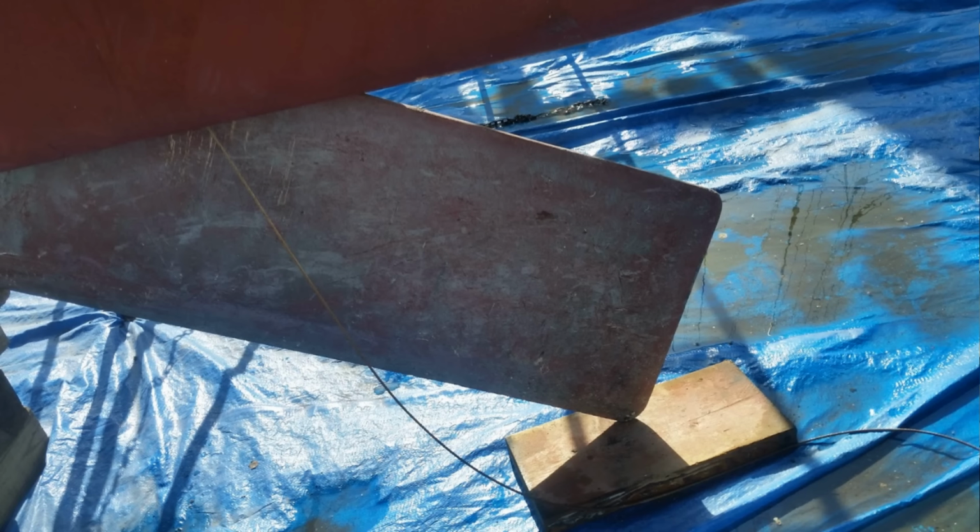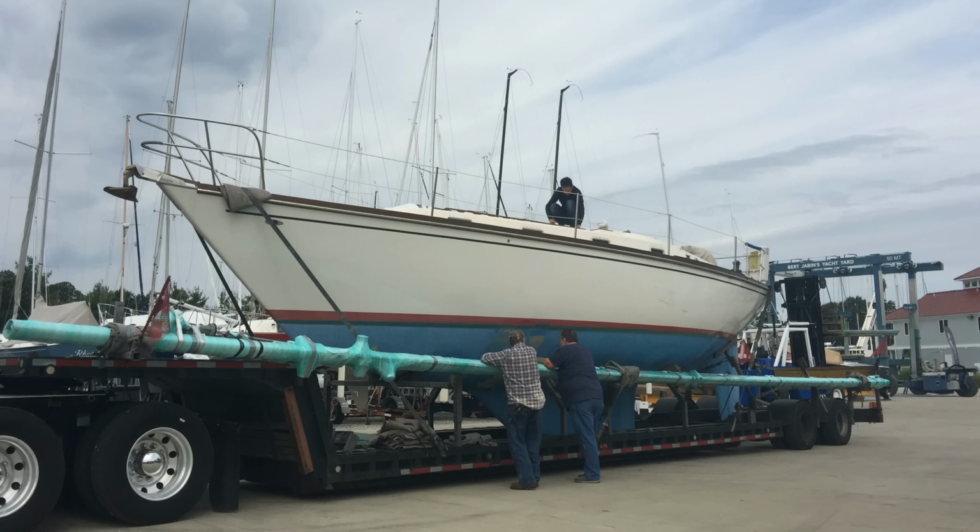What Pearson did was sort of unconventional for the moment in which they did it. It was to fit a retractable centerboard inside the full keel. Under most circumstances, you can have the board upright when you don't need it, when you don't need the hydrodynamics to point higher. But when you do, you can lower the board. And much like Tartan that we talked about last week, the Pearson boasts just under 4 feet of draft when you have the board up, which is amazing for a monohull. 4 feet is incredible. You can be anchored with the catamarans within swimming distance from the beach. But with the board down,